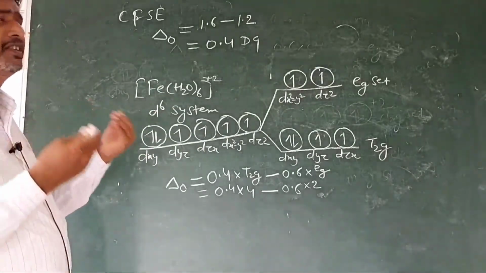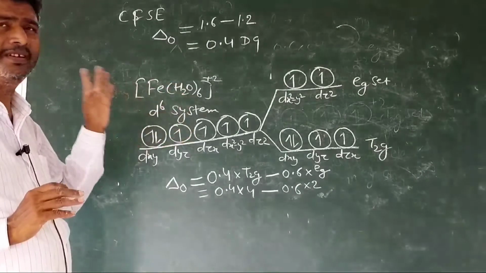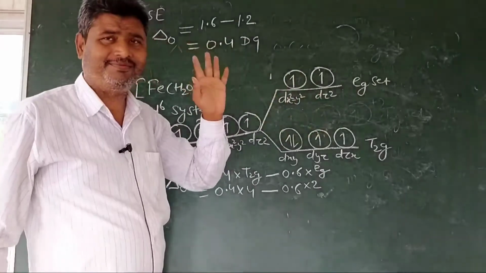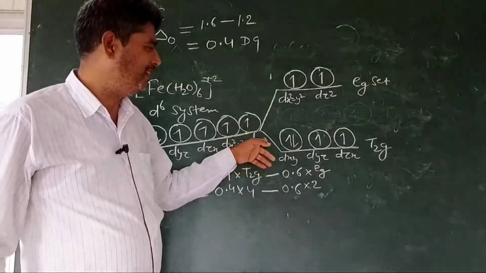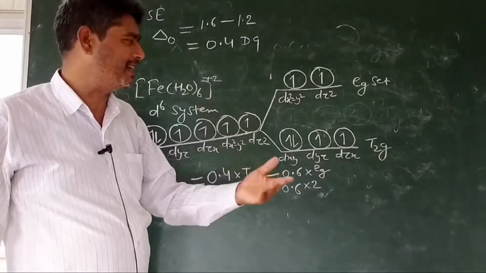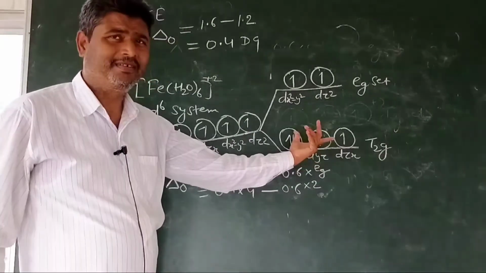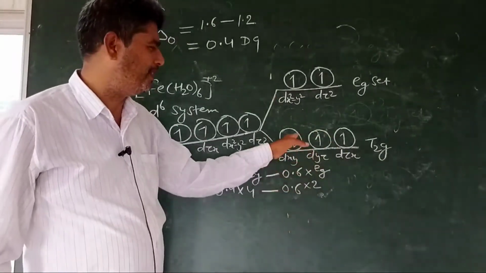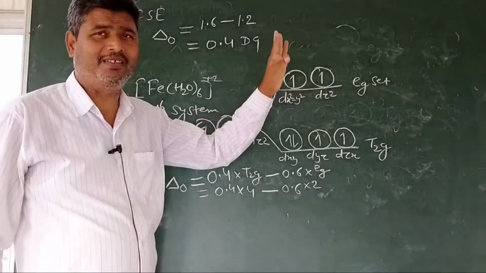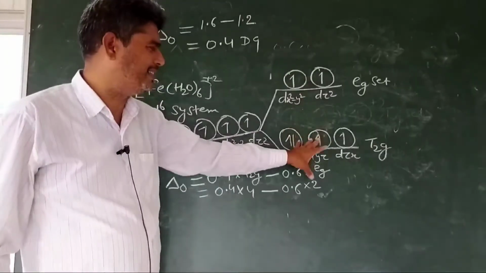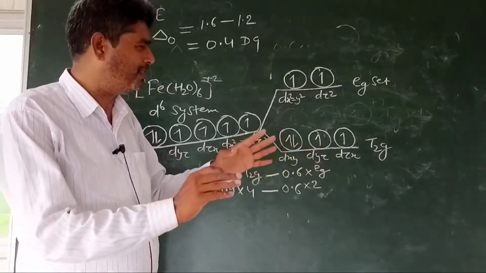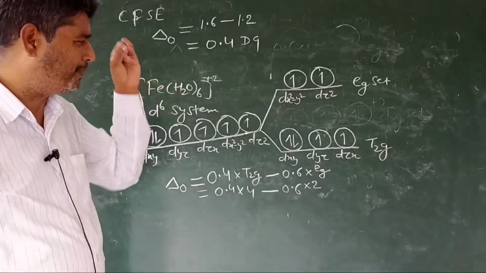So for any octahedral complex, the same sense is developed. You have to mind only the distribution of electrons in these. Initially, electrons enter singly with parallel spin. If the ligand is strong, pairing will start. If the ligand is not strong, pairing will not start, but the remaining electrons will enter the upper level. You have to mind only this distribution. Besides it, there is no trouble or complexity for this.